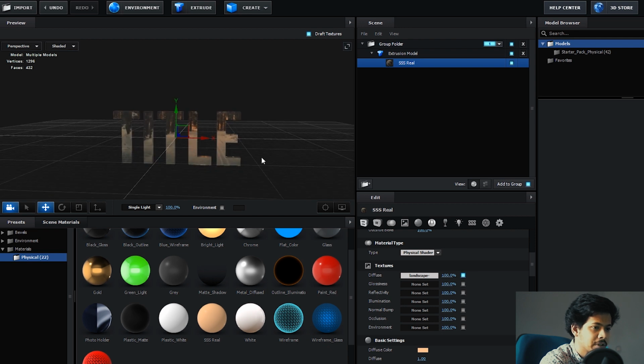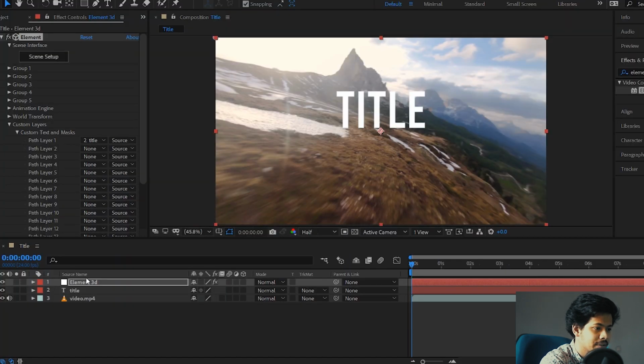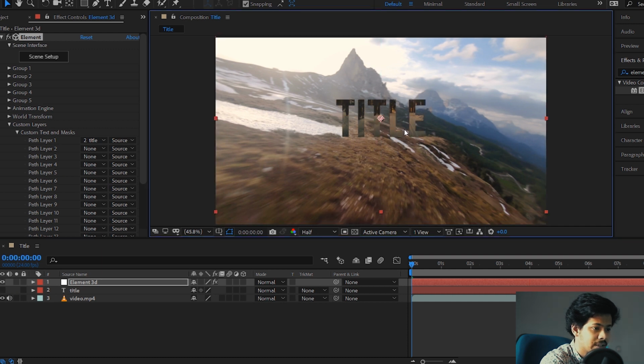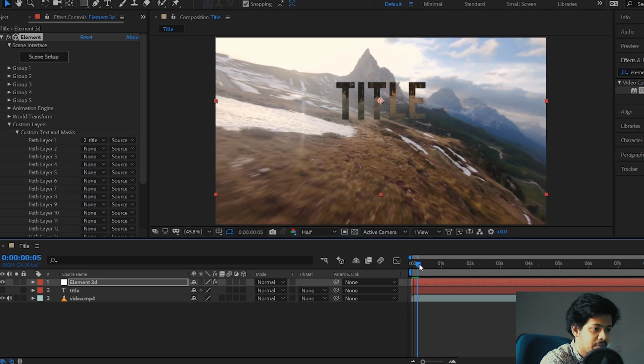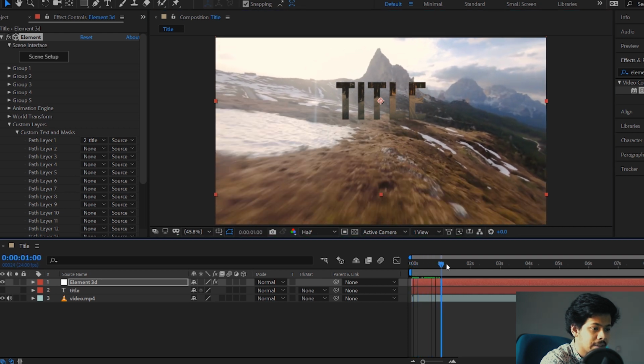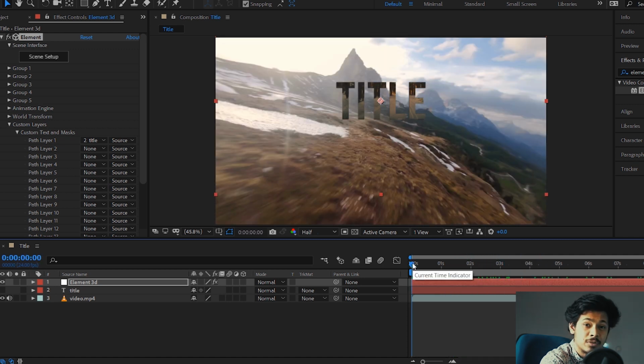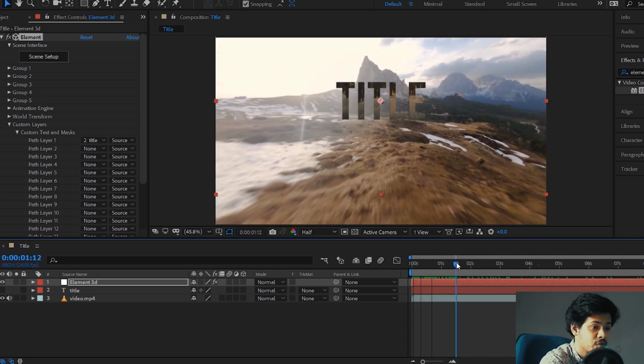So now the next thing that you need to do is click on OK here, and this will come onto your timeline. As you can see, the title has come onto our timeline here. Now what I'm going to do is hide my original text layer, because we do not need two titles here, as we have this title right now. So this is what we are going to animate now. And now if I play my video, you see the title is there, but there is a difference. It's not animating, right? It's not moving with the camera. So that is what we need to do next, add a camera to add the movement to it.